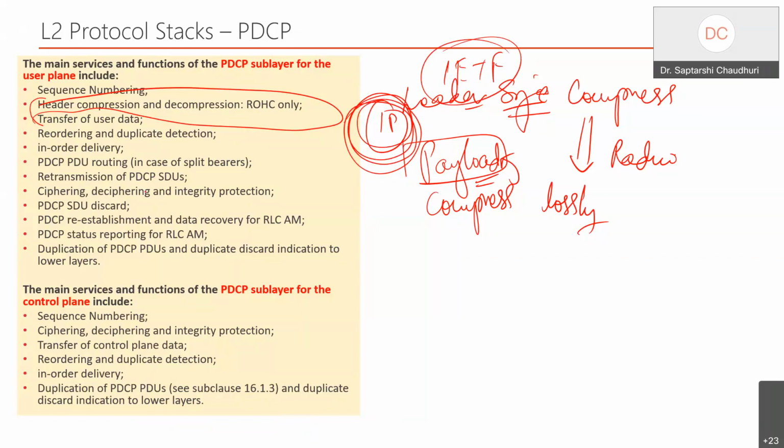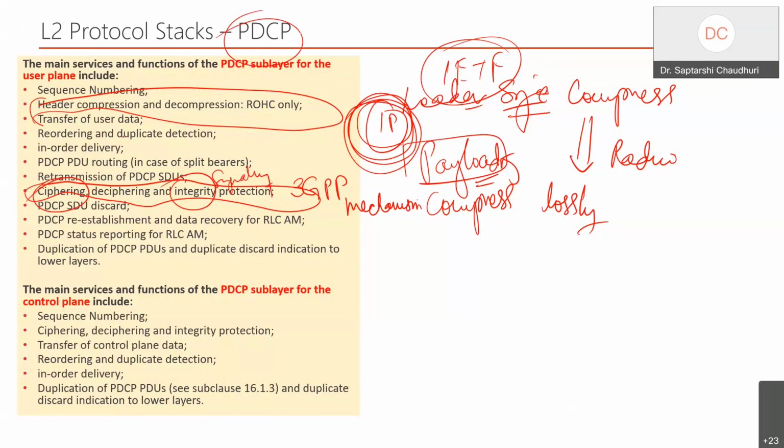Another big thing that we do is what we call ciphering. This is where the complete ciphering and integrity protection happen. This is governed by the 3GPP mechanism. So what are integrity protection and ciphering? Ciphering happens on your data packet and integrity protection happens on your signaling packet. So the PDCP plays the biggest role in doing these big jobs of our transmission: ciphering, integrity protection, and header compression.